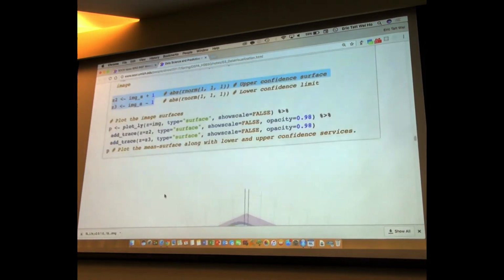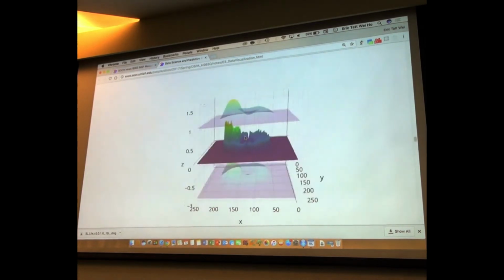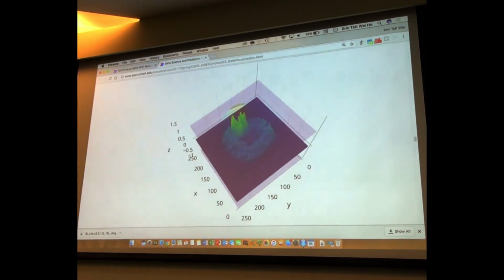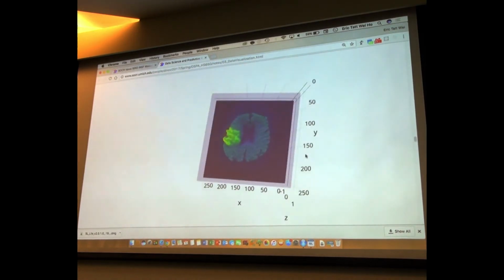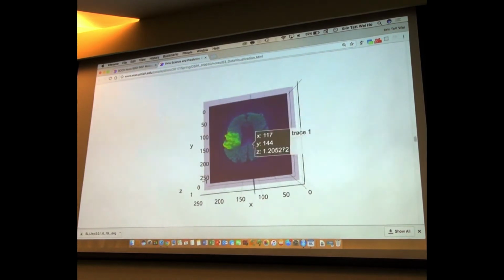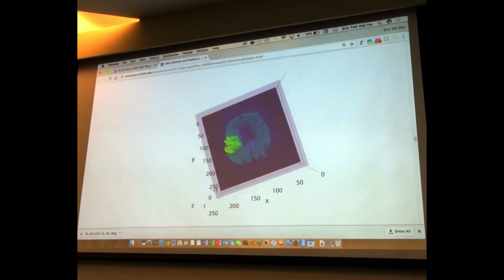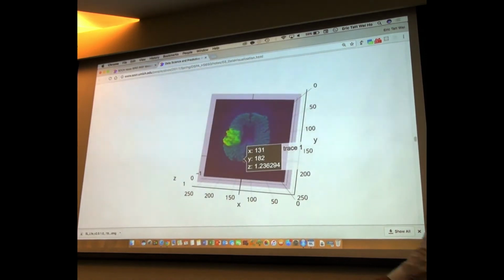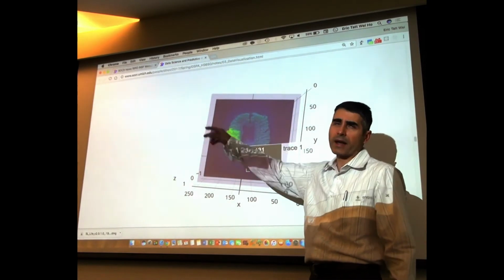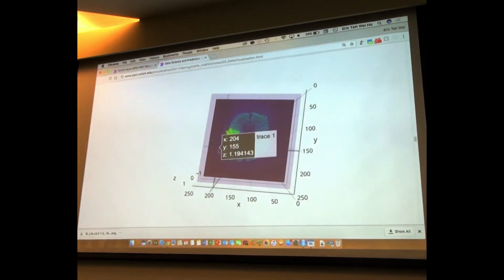And then you're going to call the plotly package, and then you're going to provide the original image you want to plot, and then add a trace to add these surfaces on the top and on the bottom, and that's what you end up having. Now look at this. This is an interesting brain because it obviously has very high hyper intensities here. This is a tumor that's being excised in this individual,